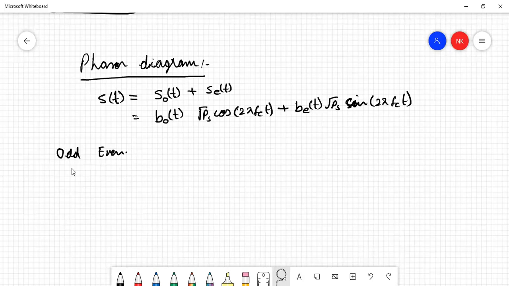So what bits do we have? We have the odd and even bits. Maybe, OK, let me take the pen. So the odd and even bits may be 0 and 1. So what possible combinations can there be for odd and even? We can write them: they may be 0 0, they may be 1 0, or they may be 1 1. So for the case of 0 and 1, what will be the amplitudes?